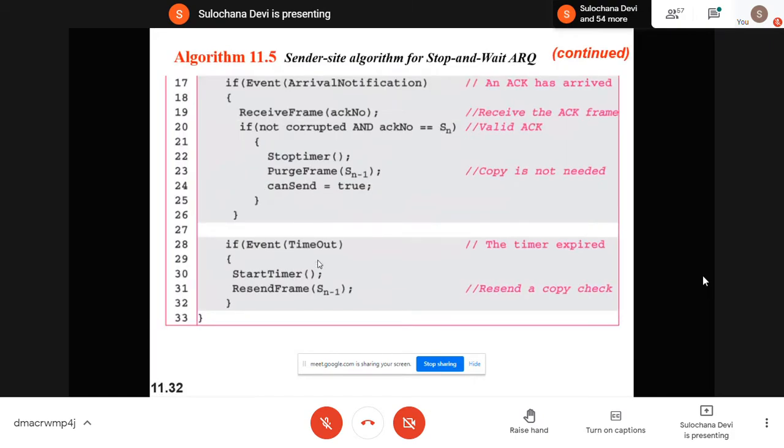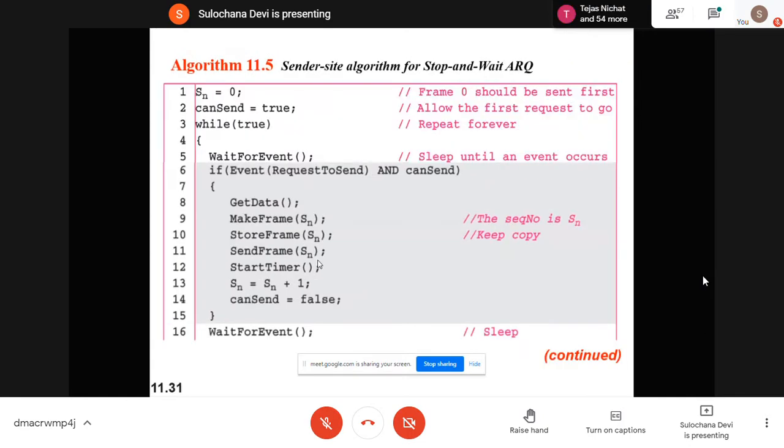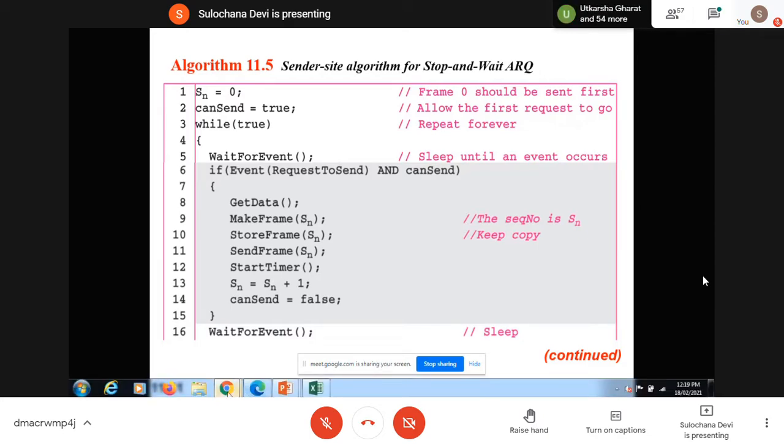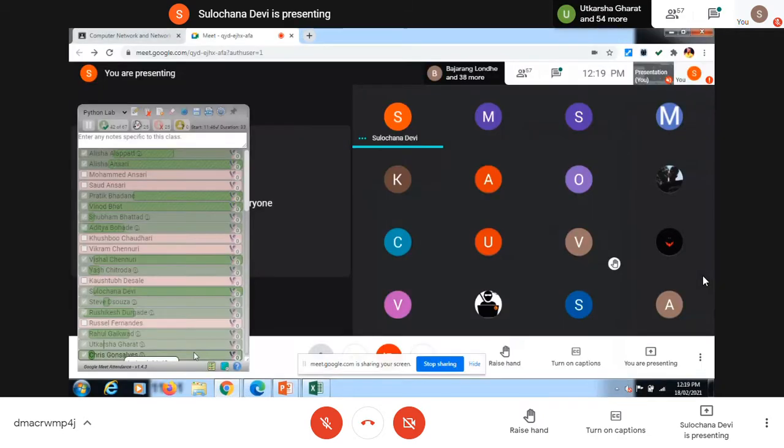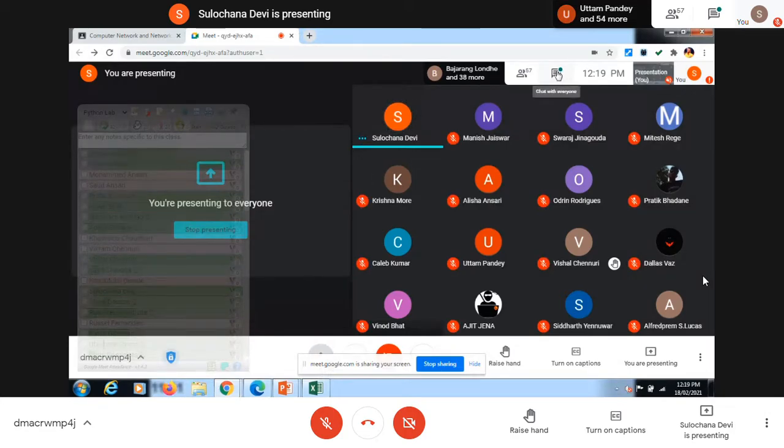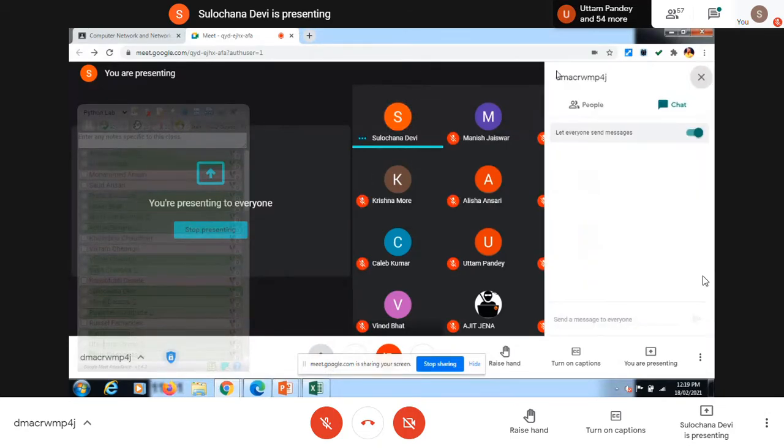Any doubt in this, the algorithm for transmission at the sender side? What we are doing at the sender side? Should I repeat something? Is this clear?